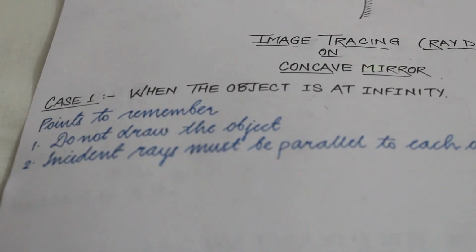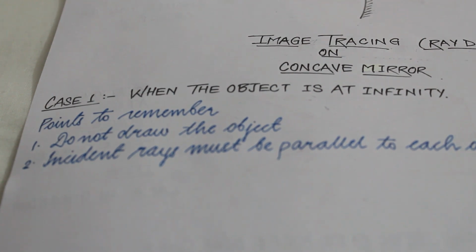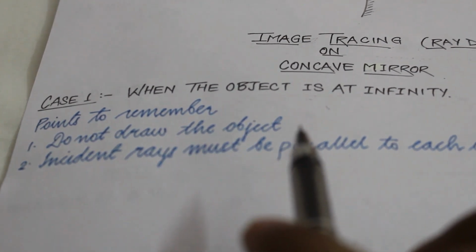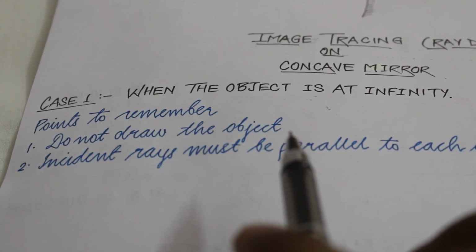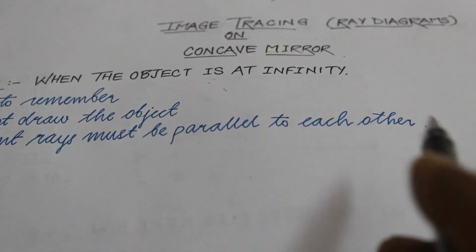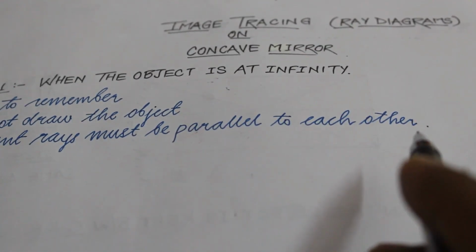Study the first case. Case 1, when the object is kept at infinity. It means the object is kept very far away from the mirror, so we can assume that the object is at infinity. While drawing this ray diagram, we must remember 2 points. First, we won't be drawing the object, as the object is quite far away. Second, we'll assume that the incident rays must be parallel to each other,